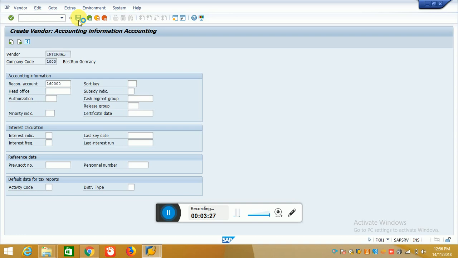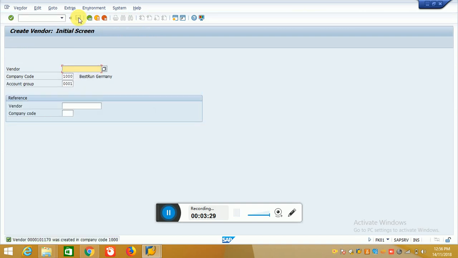So we will press /n FK02. Now which data do you need to edit? You have to select. Suppose we need to change the address data. So we will select the address data and press enter. We will have only that data to change.